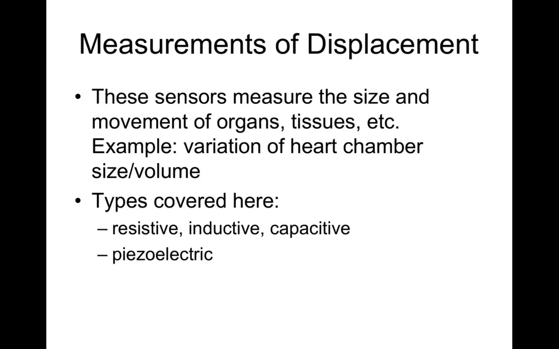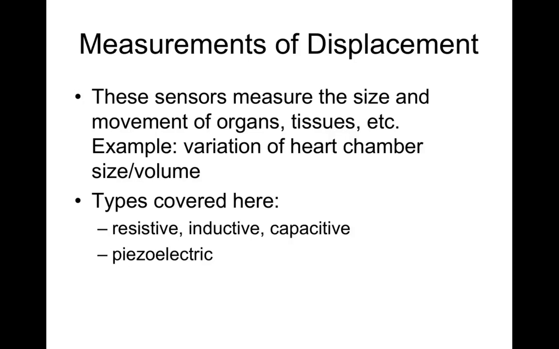Now, the first kind of measurement that we want to talk about are measurements of displacement. In this particular textbook, the author categorizes or characterizes sensors and transducers by what you're actually measuring. So the first category of measurement will be that of displacement. Basically, these sensors measure the size and movements of organs, tissues, etc. One example might be trying to measure the variation of the size of the heart chamber or the volume